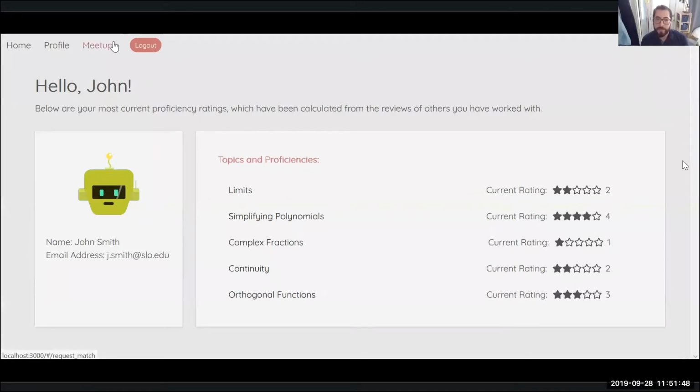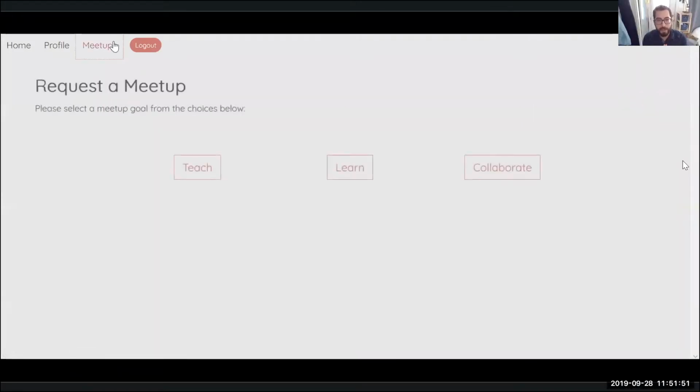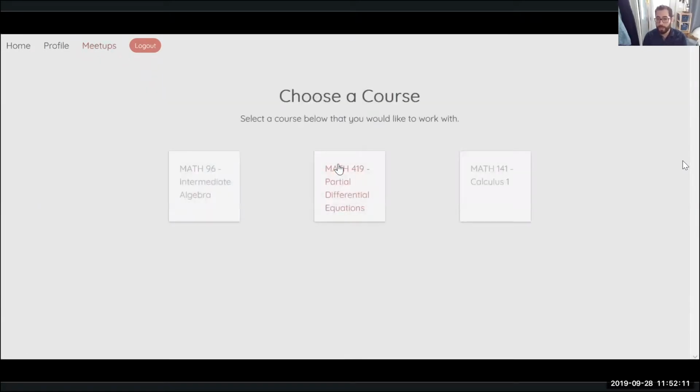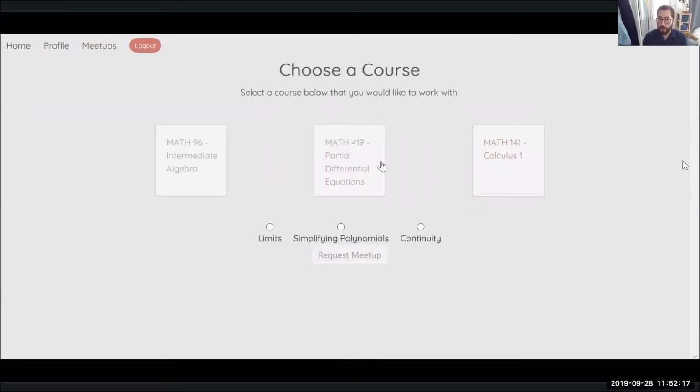As was stated earlier, we wanted to keep this simple. And as you click this meetup button, the user is prompted to select their role for the day. At this point in this example, we assumed that the user would be a college student working on a college campus who needs help with their math course. So if they go ahead and scroll over to the Learn button, they are shown a series of courses that they're taking. And the topics that you saw them select earlier are the only ones that we use to show. We filter through each one of them so that it reduces the amount of space covering the screen.